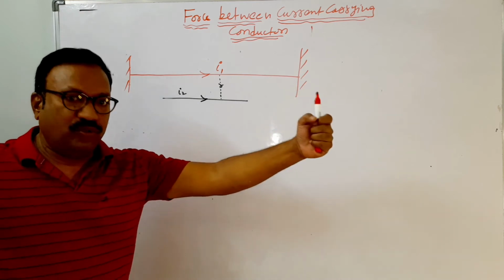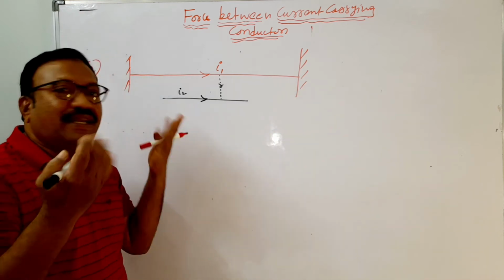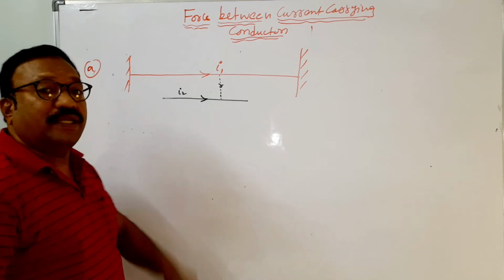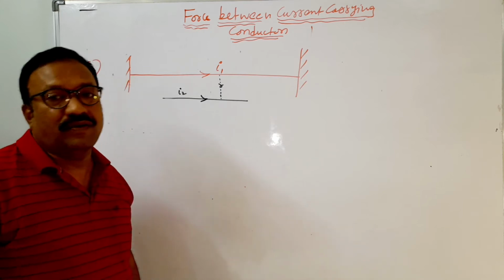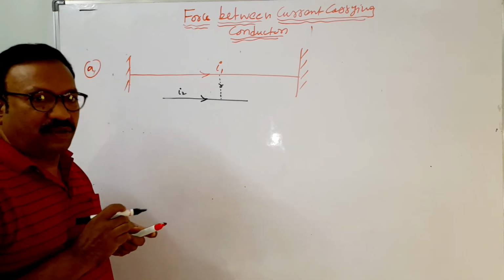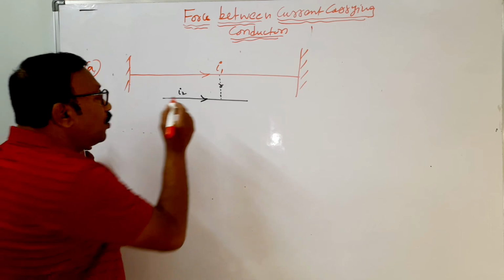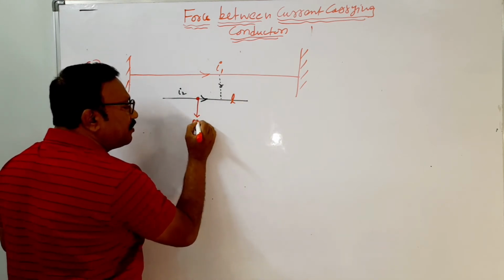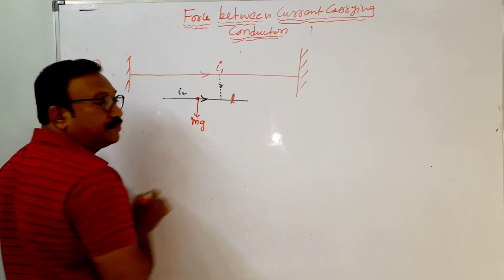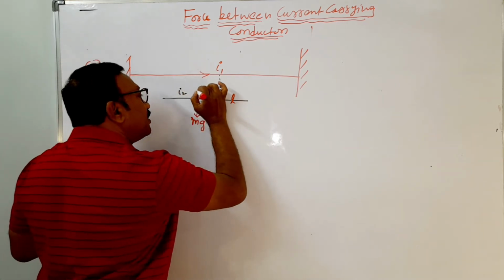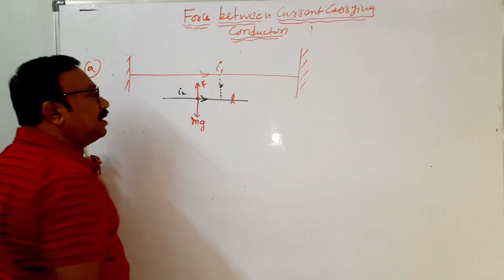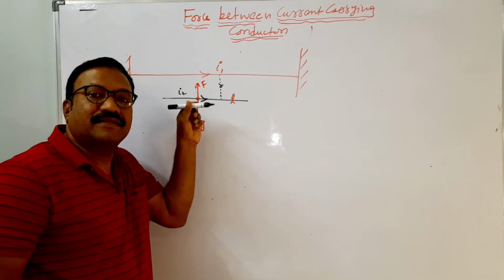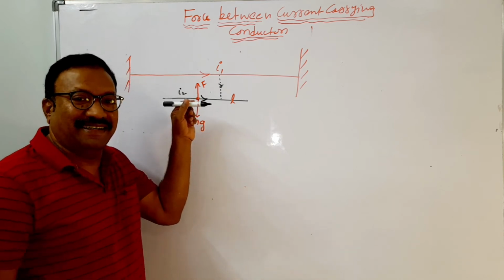But there is no support for that. The first wire has support. It is fixed to two poles. But the second wire has no support. It is hanging. He says that it will be in equilibrium. How will this wire be in equilibrium? Just think. The weight of the wire will be acting downwards. Let the length of this wire be L. So the weight of the wire will be acting downwards, and the force of attraction will be acting in the upward direction. Then this wire will be hanging like this in space.